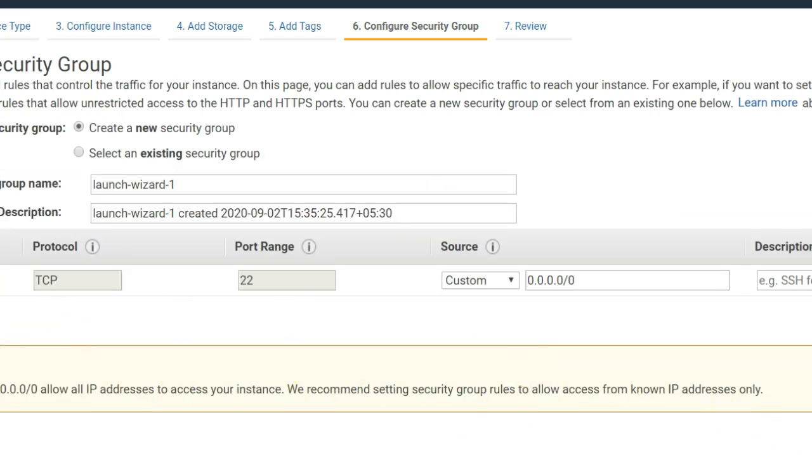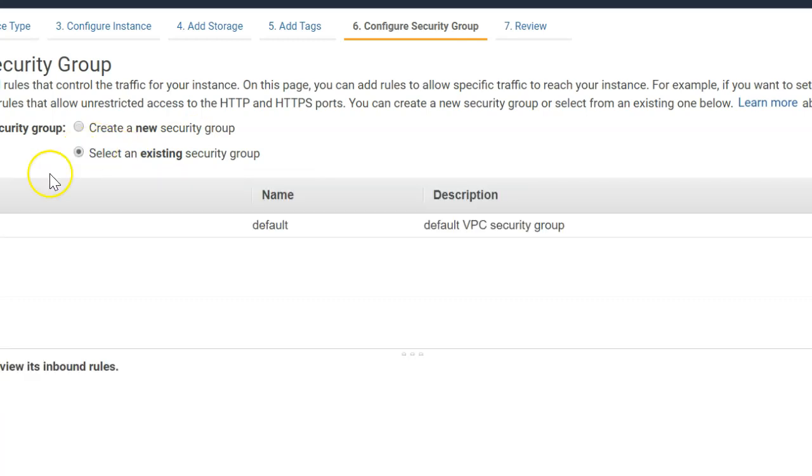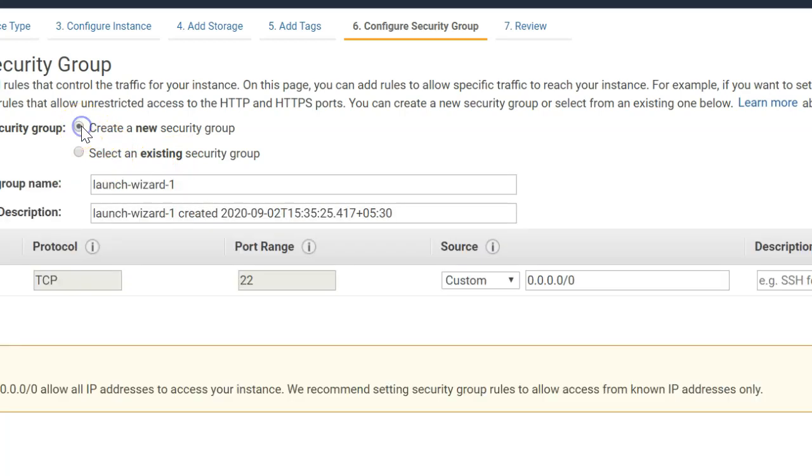Here it's going to ask you for a new security group, or if you have an existing security group, you can use that. I'm going to show you how to create a new security group.